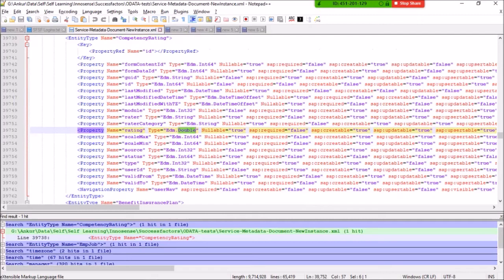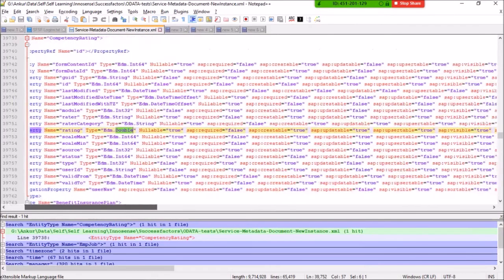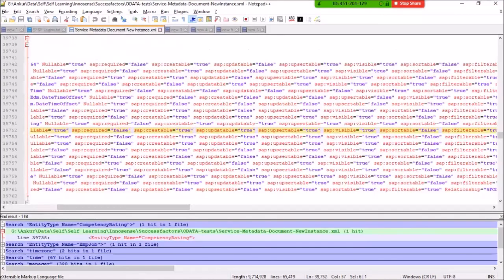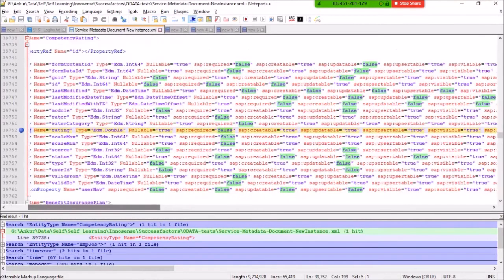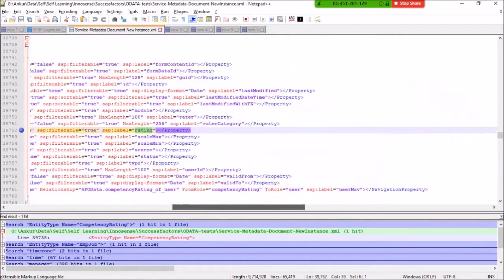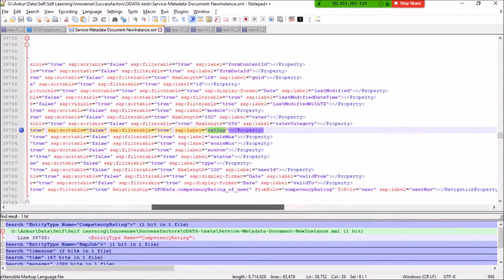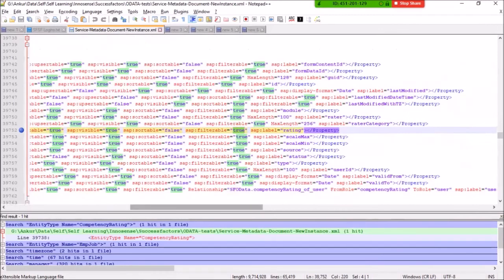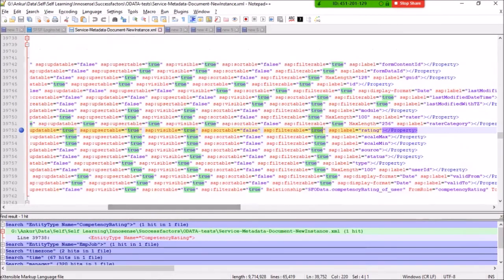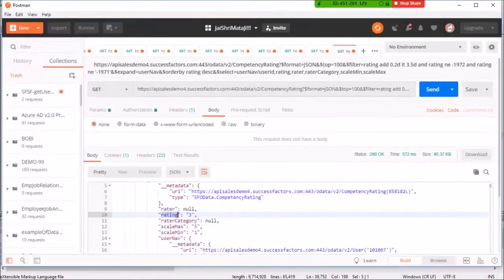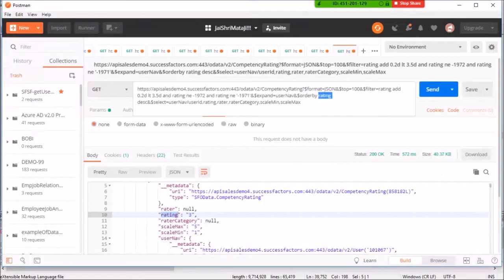And also if we want to look at whether it is sortable or not, then if you see towards the right, we see sortable as false. So this is the line that we are referring to, and this corresponds to rating, right? So the rating is not sortable, but it is filterable. You can filter on rating. That's why we are able to run the query in the filter, but it is not sortable. Sortable is false. So irrespective of whether we put the order by on rating, it is not going to be ordered in the specific order that we are mentioning because it is not sortable.